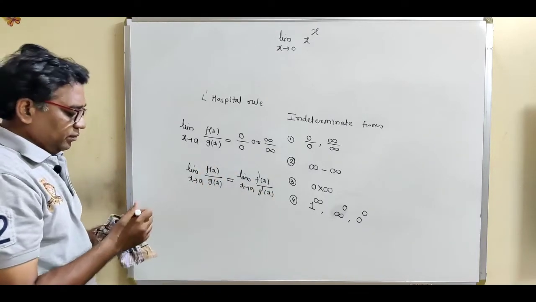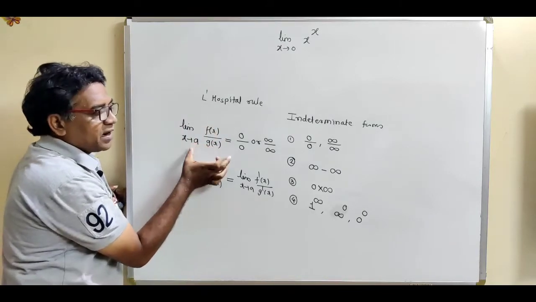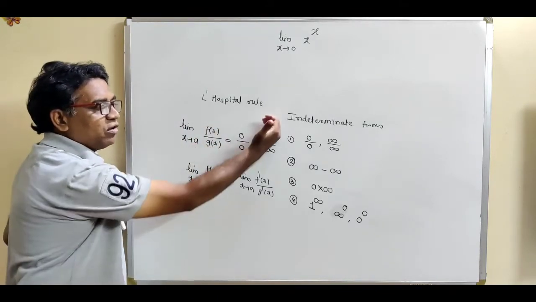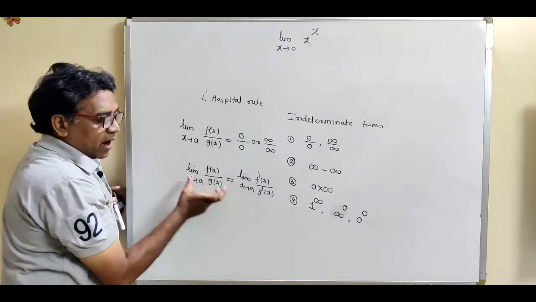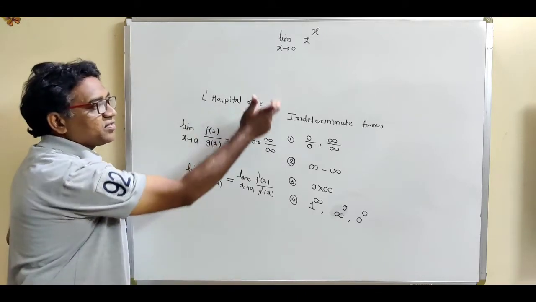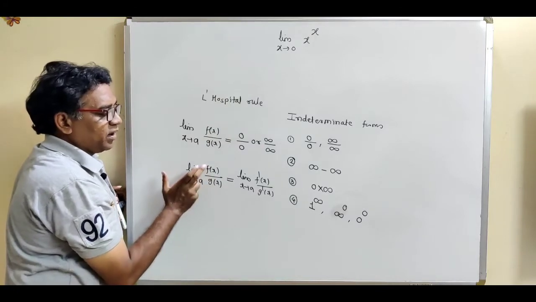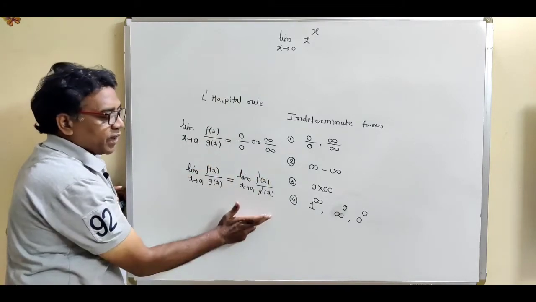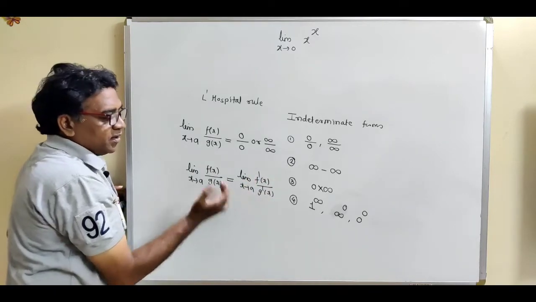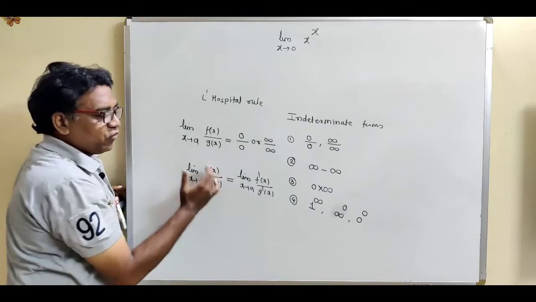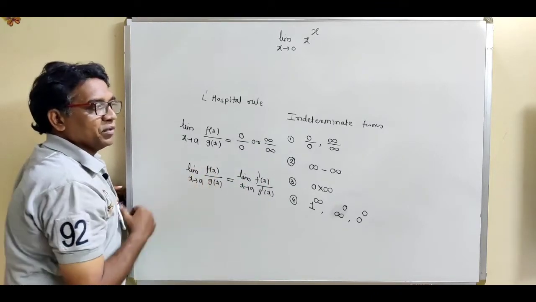So see, what is this rule? If the limit form of some division is either in 0 by 0 or infinity upon infinity, then we can solve the division form. And how to get the answer? According to this L'Hopital rule, it is given by the formula: just take the separate derivative. Derivative of numerator divided by derivative of denominator. Just take the separate derivative of numerator and derivative of denominator. Don't apply the u upon v rule.